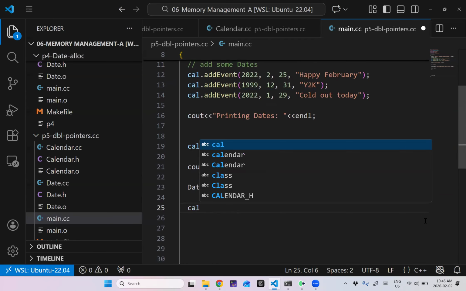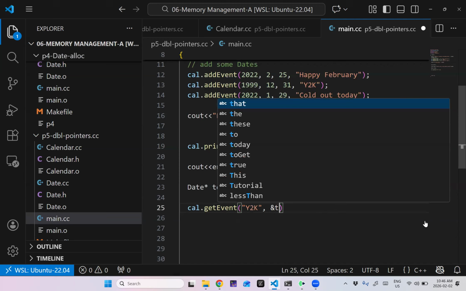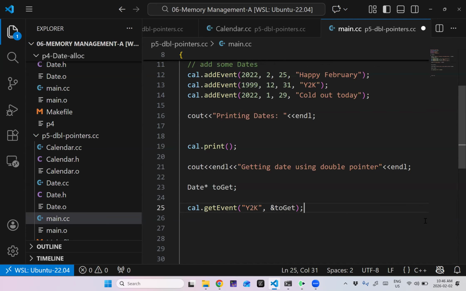So cal.getEvent. Let's get the event y2k, and I want to pass in toGet, but I'm passing in by reference, so I need the address. And really, this returns a Boolean, so I should sort of check to make sure this is valid.